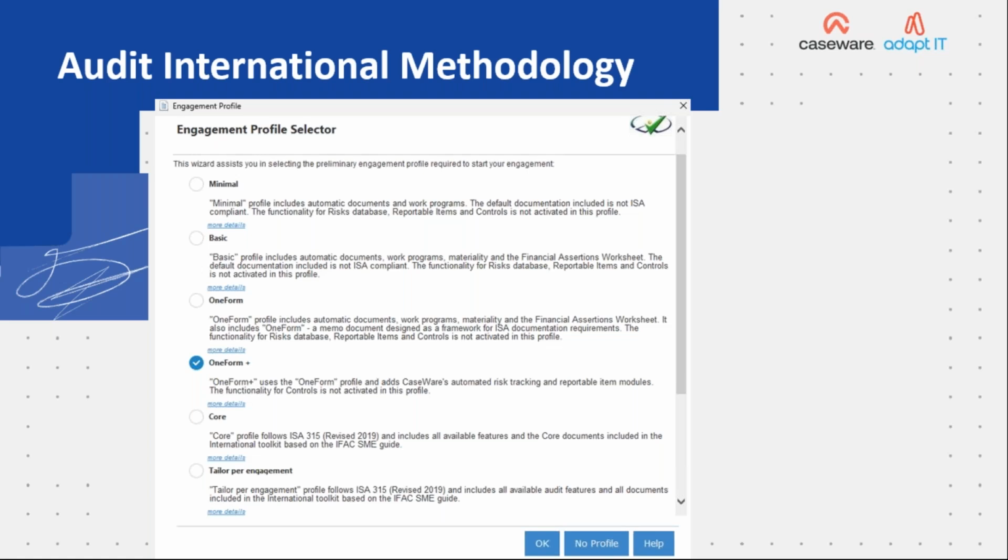In One Form, we're assuming in a small engagement we know what we're doing. We're going to write our own procedures. Here we go, we're going to use One Form Plus. The code, on the other hand, and one thing I did not mention, the One Form, when selected, will only include documents relevant for that type of small engagement. It will not include documents relevant, for example, for a large audit of complex